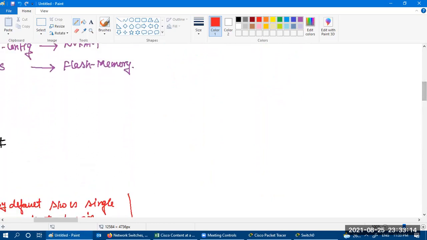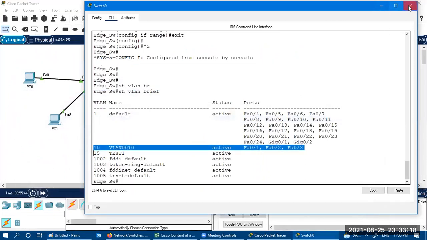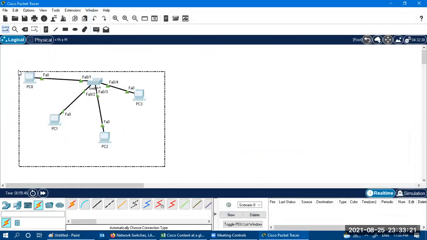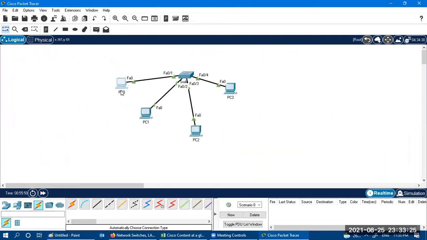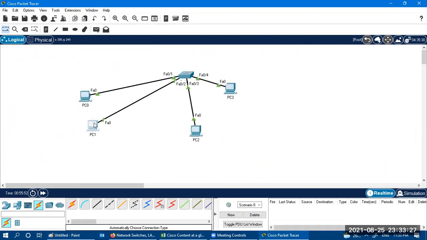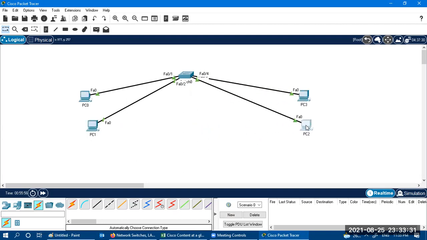Okay, let's do this practical. Let me show you in a practical manner. You can see this is my topology. We have 4 ports over here. I'm going to create 2 different VLANs, and all these PCs have IP addresses.